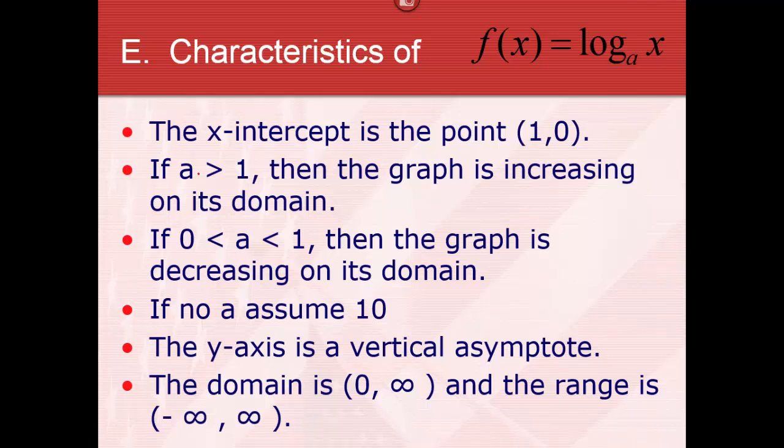If a is greater than 1, then the graph is increasing on its domain. If a is between 0 and 1, then the graph is decreasing on its domain. If there is no base, assume 10. The y-axis is now your vertical asymptote. The domain is from 0 to infinity, where 0 is not included, and the range is from negative infinity